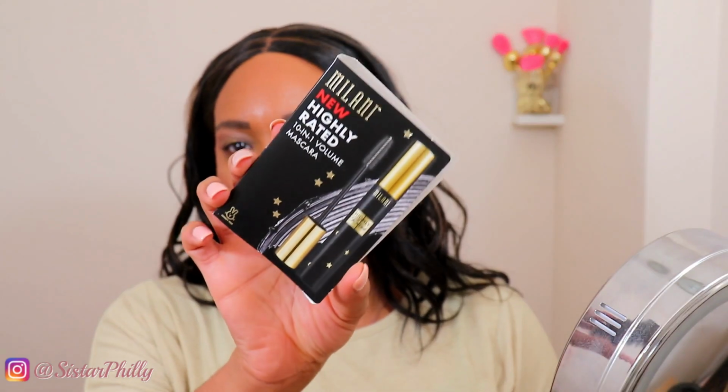I'm going to set everything in place with the Rimmel Stay Matte Setting Spray, not a new product for today. Okay, I went ahead and threw on some eyeliner off camera, and the next new product was actually a gift with purchase. So I got this for free for buying the Milani palette. This is the Milani highly rated 10-in-1 volume mascara. So it's just a mini version